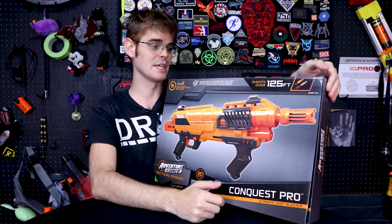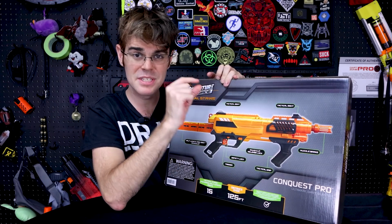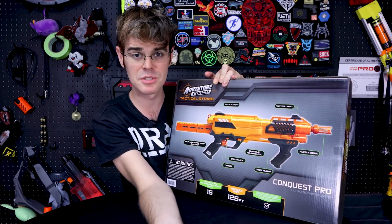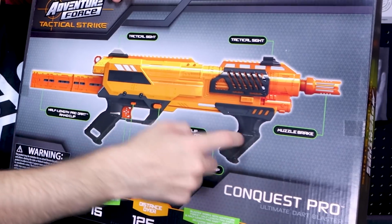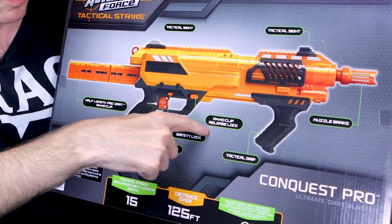coming out directly. So we've got tactical sights. They appear to be pretty low profile tactical sights. They actually remind me just a little bit of Equinox sights. Then we've got a muzzle brake, which looks a lot like the muzzle brake that comes on the Nexus and the Aeon Pro. That would make a lot of sense. Consistent design language across the entirety of the line. Then what they're calling a tactical grip, which just looks like an angled foregrip, followed by an ammo clip release